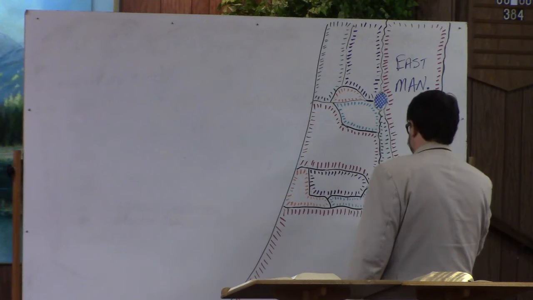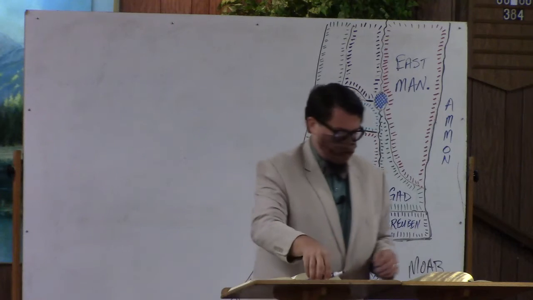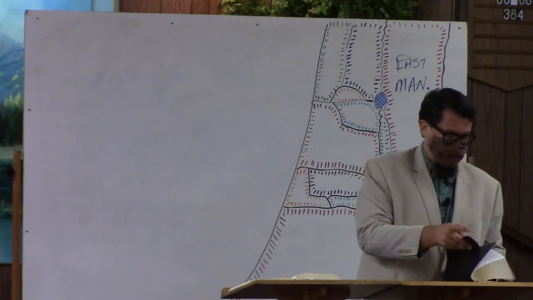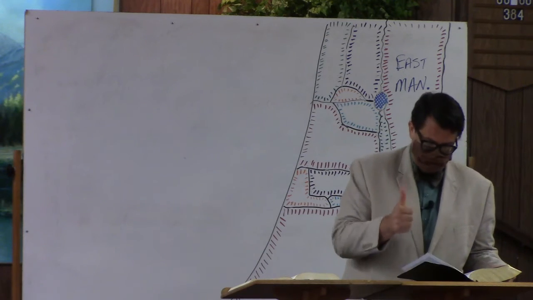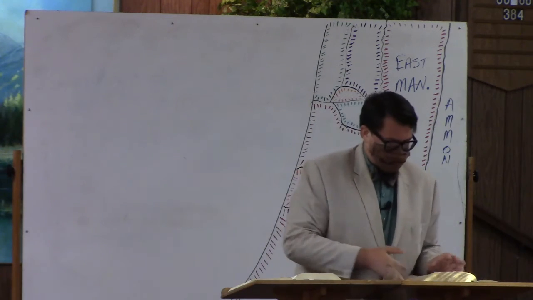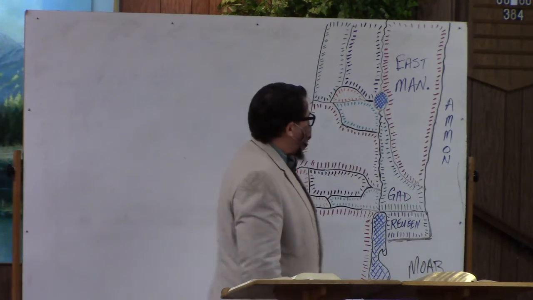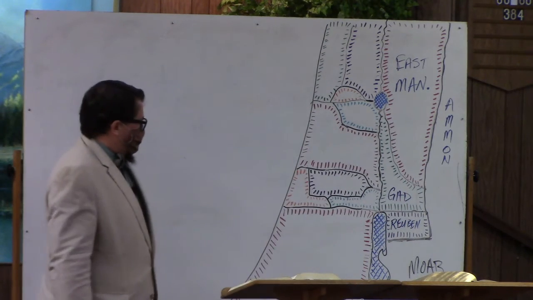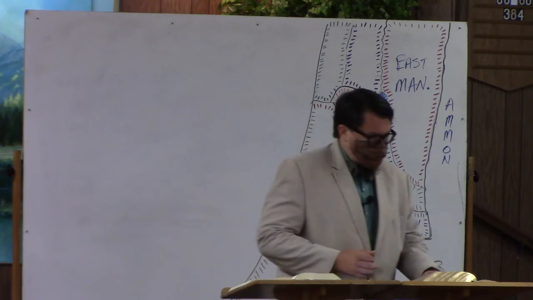And then the other one is Gad. All right, now, time to check our work. I really hope I'm right on this, or I'm going to look really silly. Okay, good. We've got it right. Reuben, Gad, the eastern half-tribe of Manasseh. All right, so we'll keep doing that as we go along.